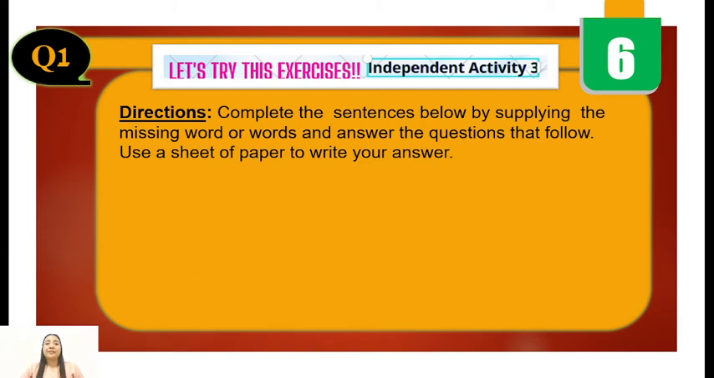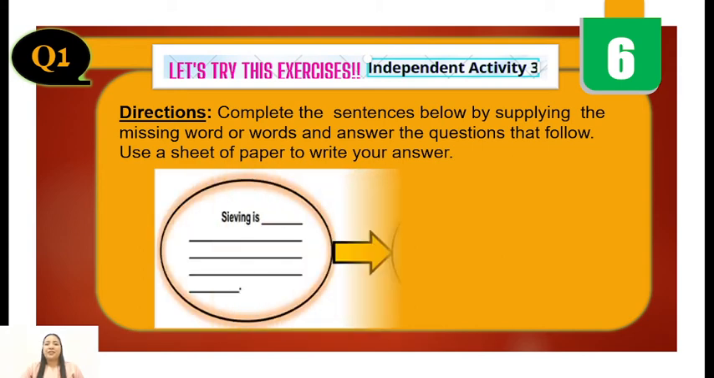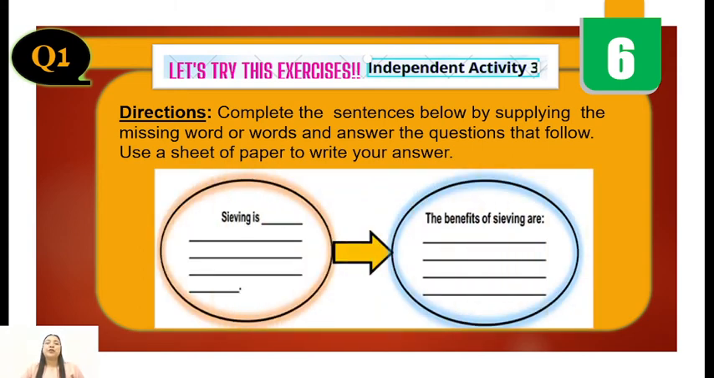For this activity, independent activity number 3, directions. Complete the sentences below by supplying the missing word or words and answer the questions that follow. Use a sheet of paper to write your answer. Okay. So you have 2 circles there. You have to express your answers inside the circle. Sieving is blank. And the benefits of sieving are: